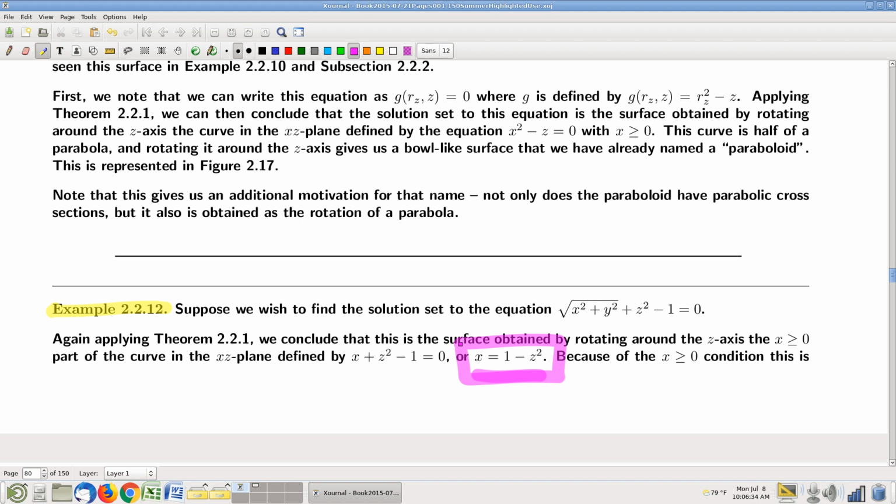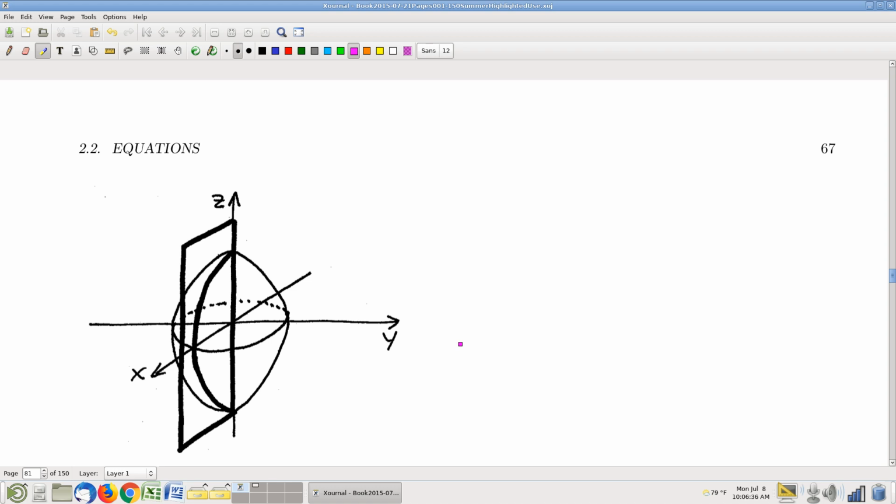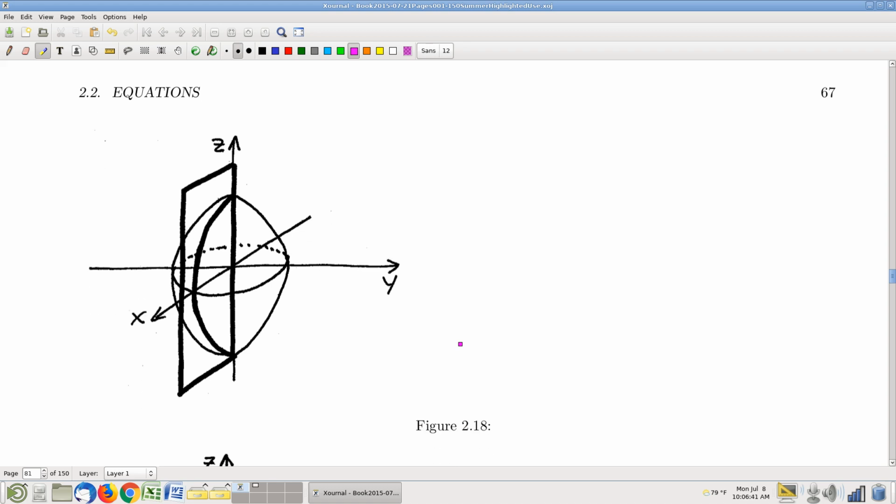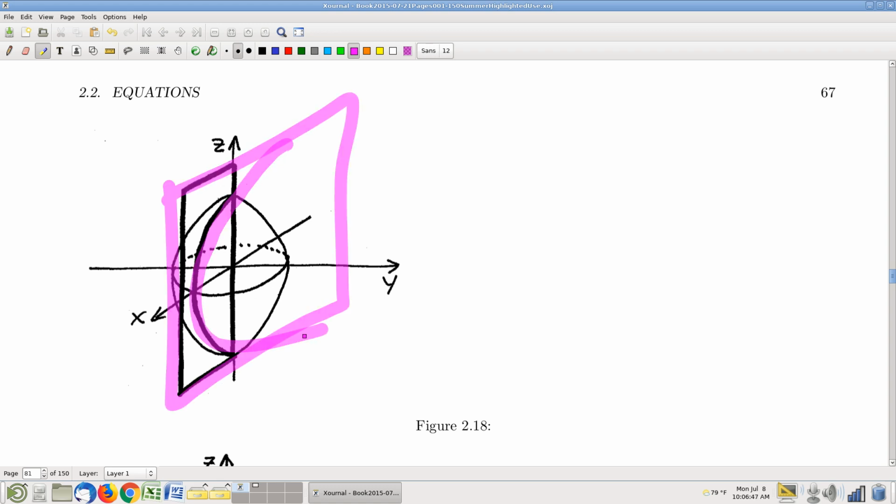Here, x being 1 minus z squared, what we get in the xz plane is a parabola that looks like that. Very importantly, we only look at the part where x is positive. Just where x is positive. Over here,